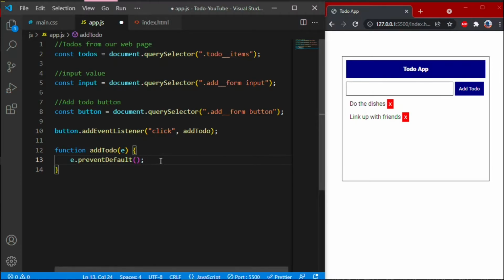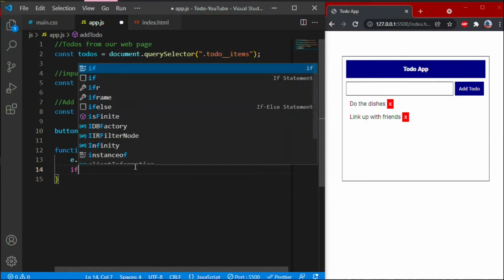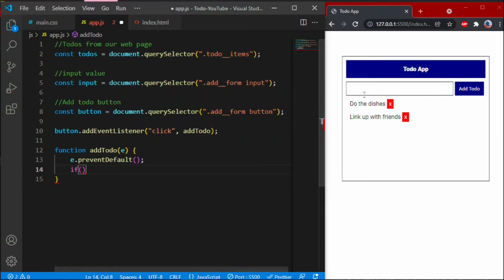So also we need to check if there's a value, because sometimes you can just press this add to do while there's nothing in here. So we need to check if there's a value, and then if there's something, then we can proceed. And the value is here, the input value, right? We're gonna say the input dot value. Let's use this. So if there's nothing, let's just use console dot log input value, else